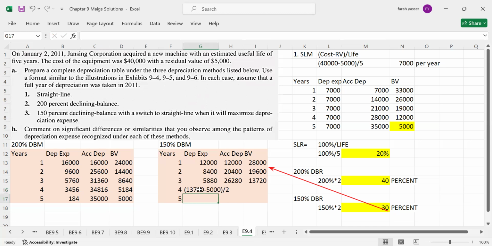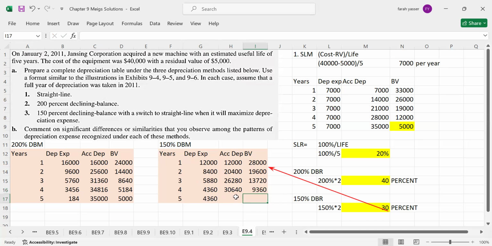So we divide it by 2. So depreciation is 4,360. Next year, depreciation is again 4,360. And accumulated is 26,280 plus current year depreciation, which is 4,360. So this is your accumulated, and book value is cost minus accumulated, which is